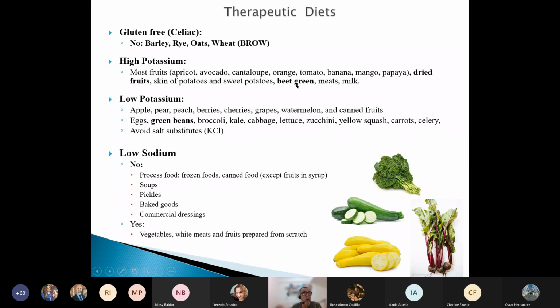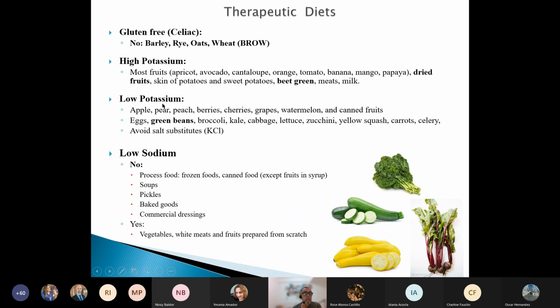If you don't have the knowledge, if you are not educated in the food that is usually consumed in this culture, this test comes from this culture, not from our culture, and that's what sometimes makes the diet questions a little difficult for you. Okay, so educate yourself with beet greens because I've seen that a lot in high potassium diet. Okay, also meats and milk. In a difficult, tricky question, you need to know that milk and any meat is rich in potassium.